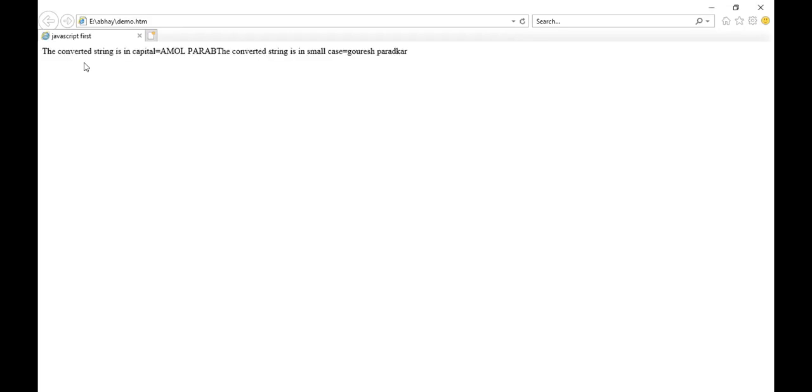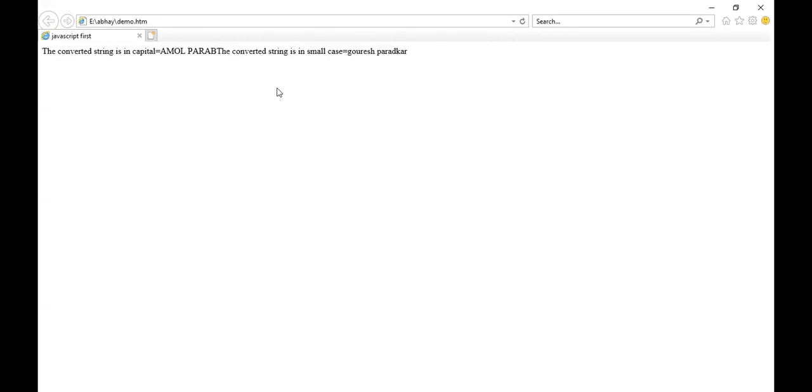Now, here is the converted string I got as an output. The converted string in capital. I entered Amol Parab in small letters, right? But it is converted into capital letters. And I entered Gaurish Paradkar, G was capital and P was capital, but now everything is in small letters.